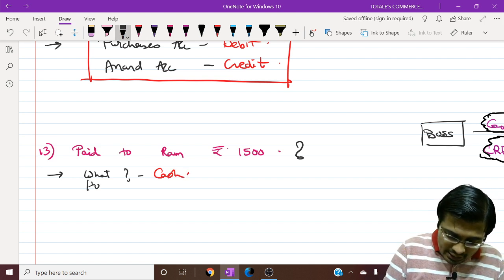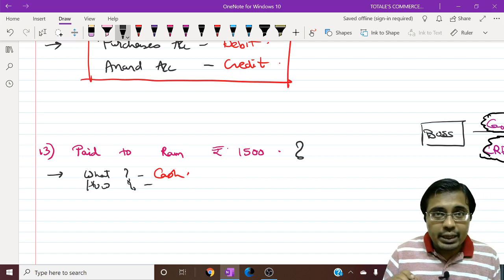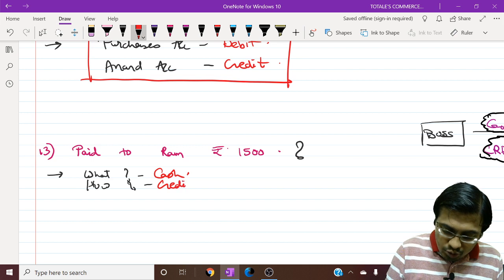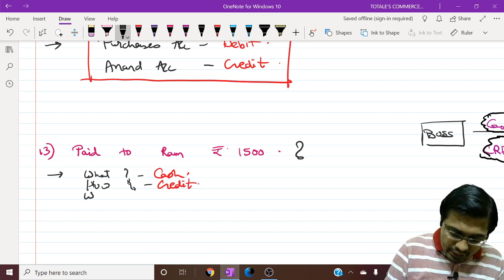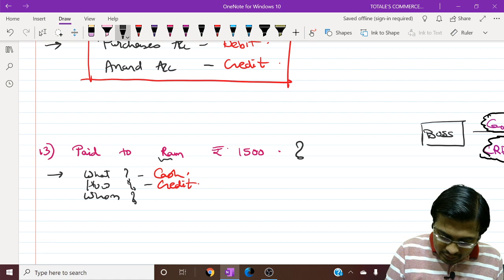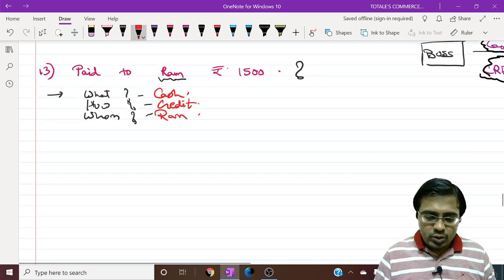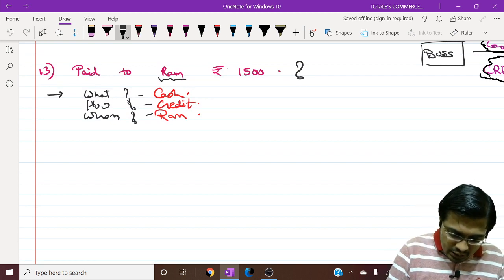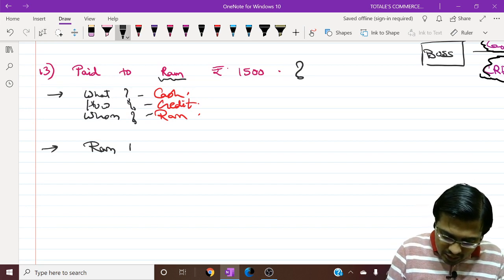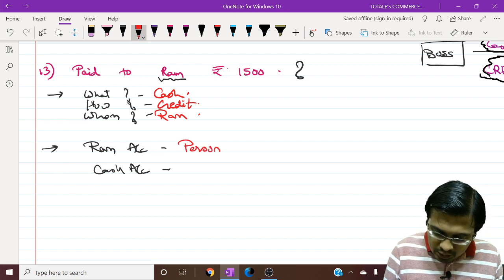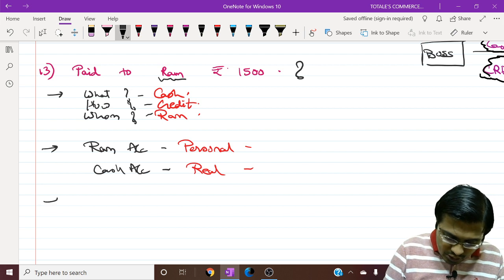Now, as I have told you, there is no friendship in any kind of a business. This was a credit transaction which we are repaying right now. And whom did we pay the cash to? So the answer is given in the question. We paid the cash to Mr. Ram. So we have our two accounts over here, friends. Have a look at it. One account is Ram account. The other one is cash account. So by nature, Ram account is personal, cash account is real. So let's look into the rules of personal accounts now.